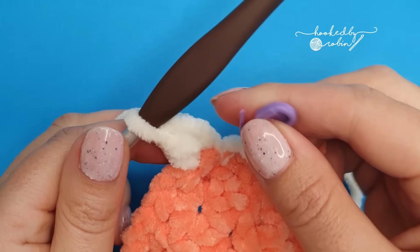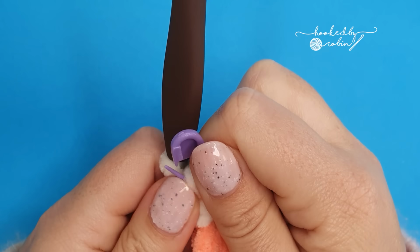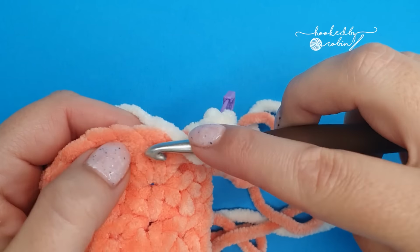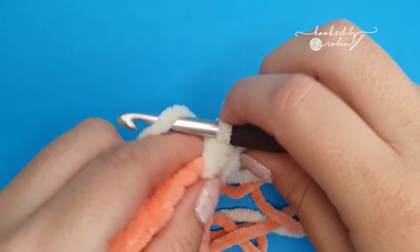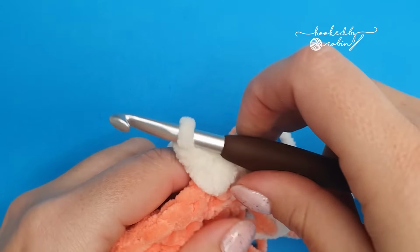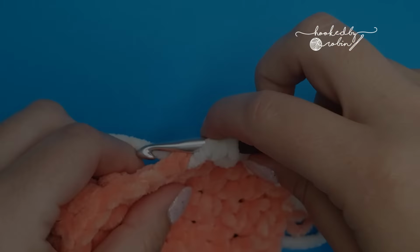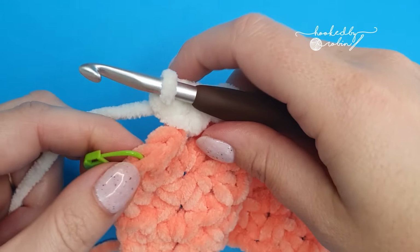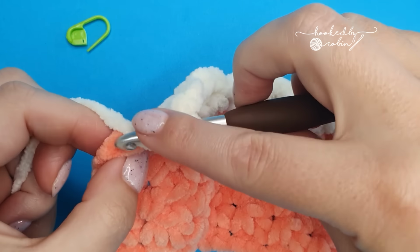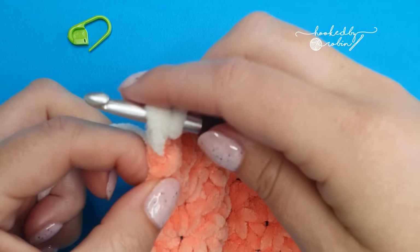Mark it and continue working the pattern. Now you can change color as often as you like. For my blanket, I broke up each block of color with 1 single row of cream, like I am doing now. Then when you reach the other side with your final stitch, again, if you wanted to switch color like I did in my blanket,